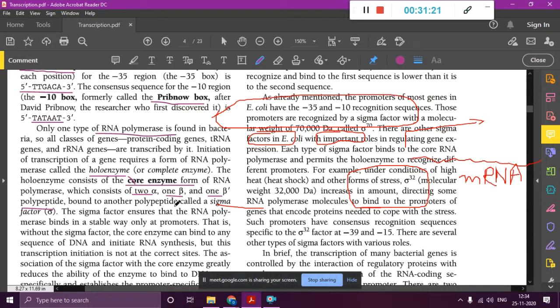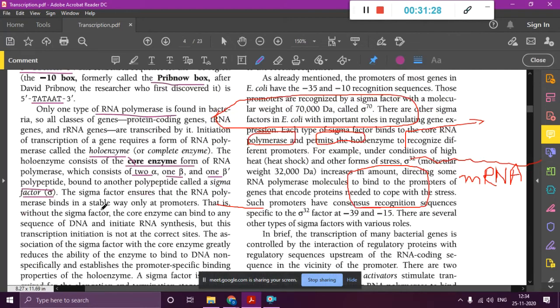Along with the core enzyme, there is another polypeptide known as the sigma factor. The function of the sigma factor is to ensure that the RNA polymerase binds in a stable way only at promoters. If there is no sigma factor, it can't recognize the promoter and bind to the promoter sequence. So it is very important that a sigma factor is present. So the molecular weight